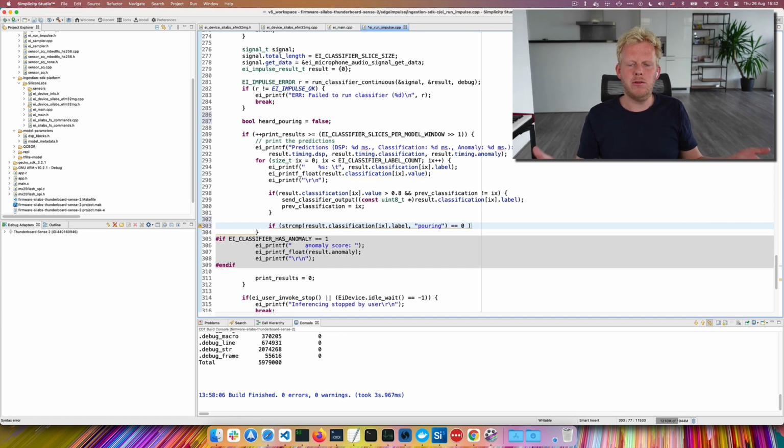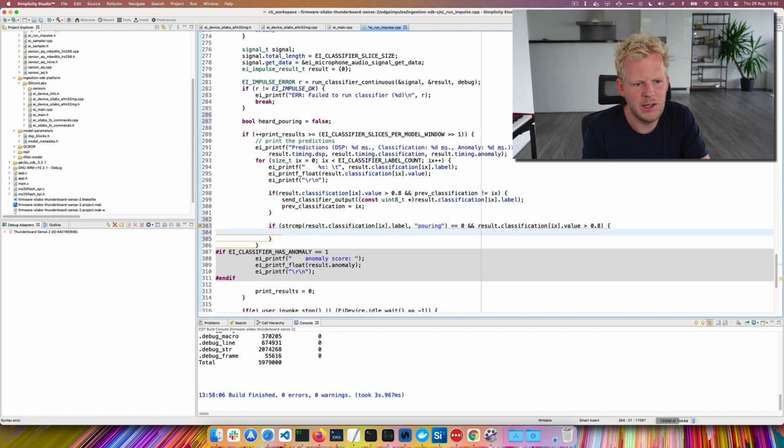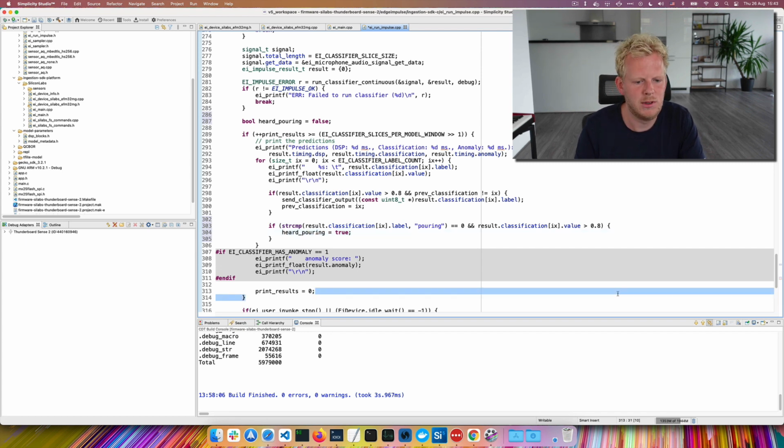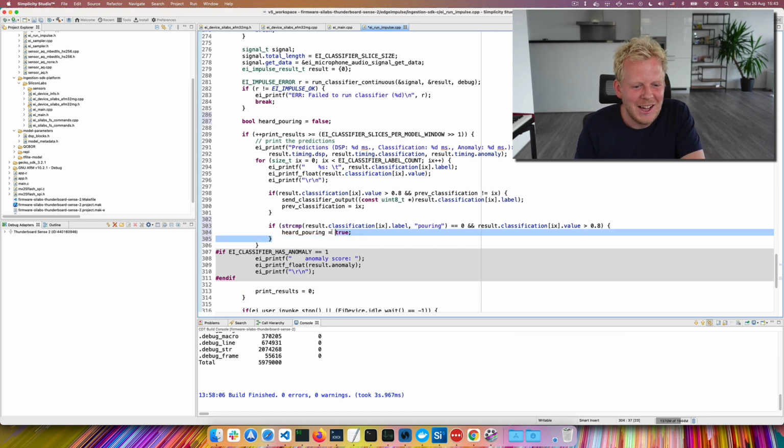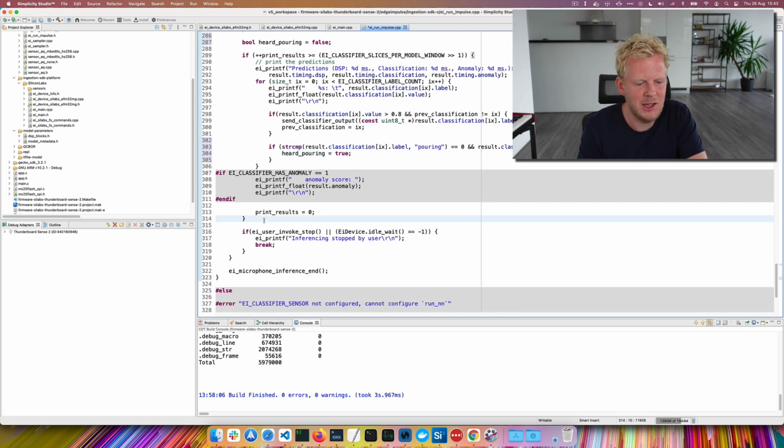So if this matches and the value is above 0.8, then heard pouring is true. This is incredibly slow. This is a 16-core machine with 64 gigs of RAM, and still I get Eclipse on its knees. So heard pouring is true, and then here we can say